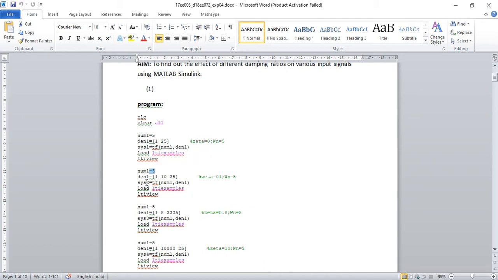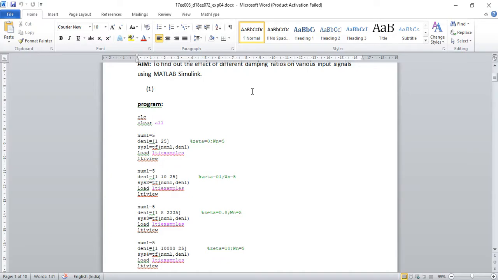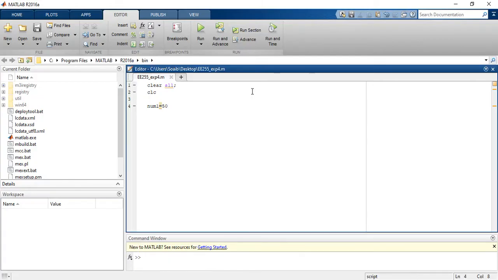Again I need to find the transfer function, so system1 is equal to transfer function, written in a different manner. We will have num1 is equal to 5, which is the value I'm taking as it is.